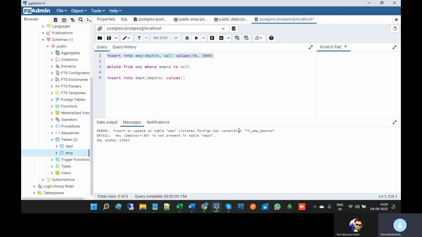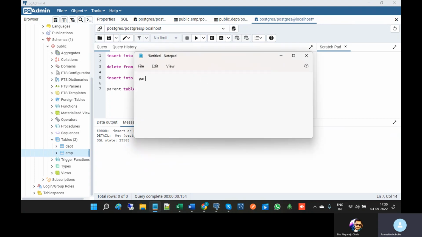Foreign key shows how to define the foreign key constraint when creating a new table, or add foreign key constraints to an existing table. Okay, see, simple logic. It is better to explain in Notepad. So, parent table,